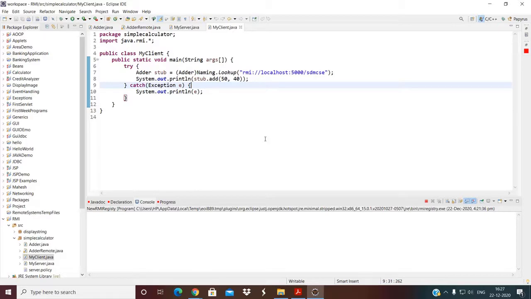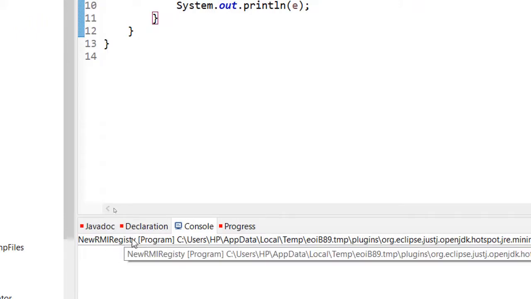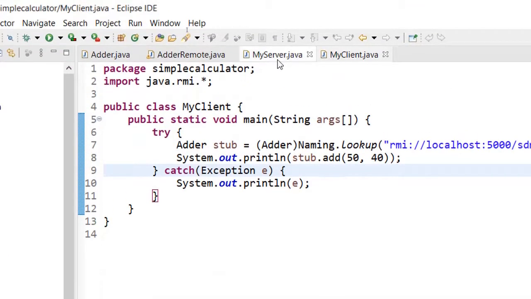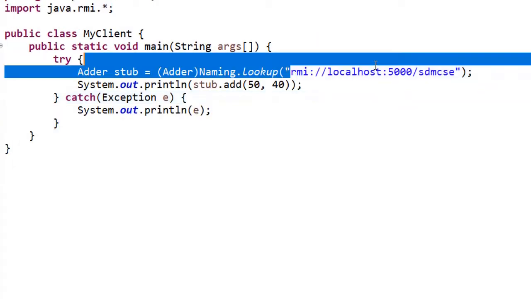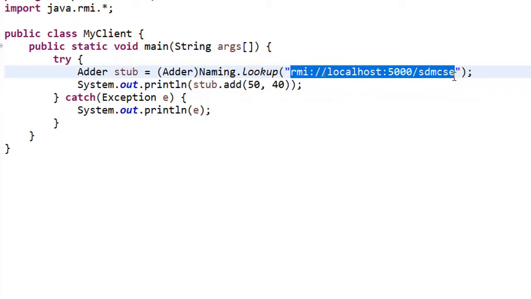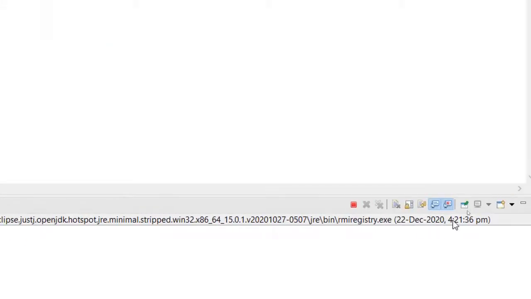So currently, what is my status here in Eclipse? My RMI registry service is on. Remember, always start the RMI registry, otherwise the client and server are not going to run, because you can think of the RMI registry as an interface between your server and client side program. If it is not running, then no server and client will be able to connect to each other. So always run the RMI registry service program. It is still on. You can see here this red color is enabled, which means it is still on.